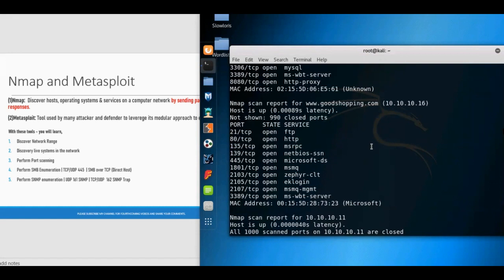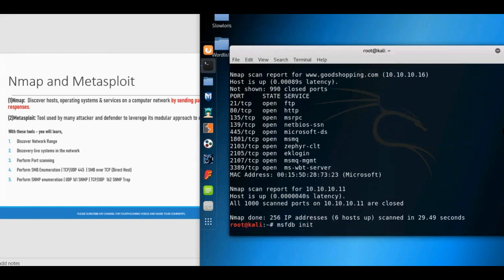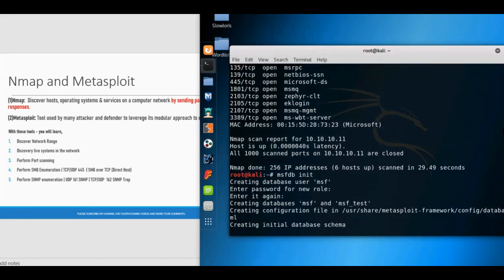Now, next we will do Metasploit. All right. So, what's the first command? It is msfdb init, the first command to initialize the MSF console database. Now here it is showing creating initialization database schema. msfdb is the first command when we want to use the database of Metasploit. Okay, so now we will give service, oh my bad,